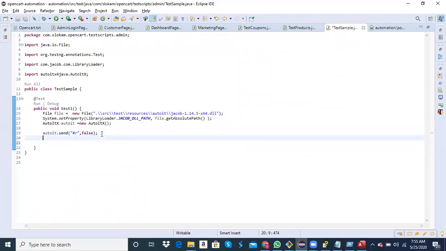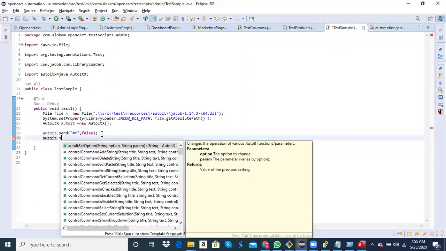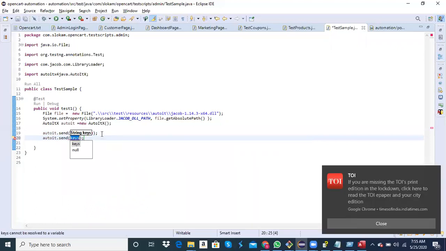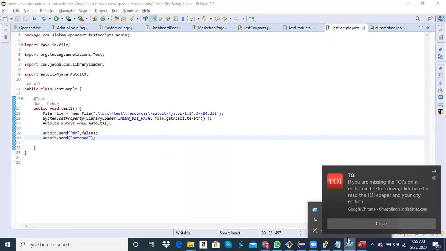After that, what I do is AutoIt dot send notepad. Now let me close this.